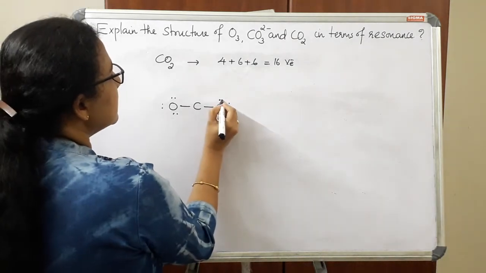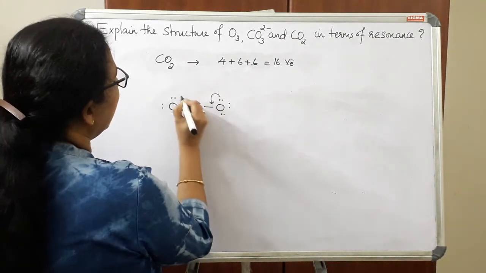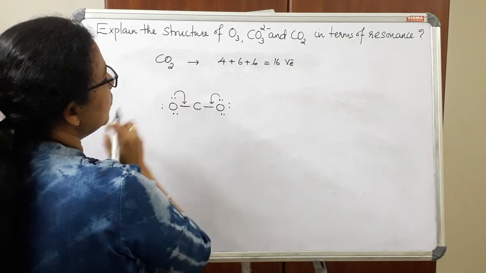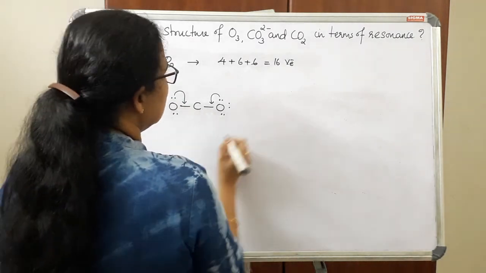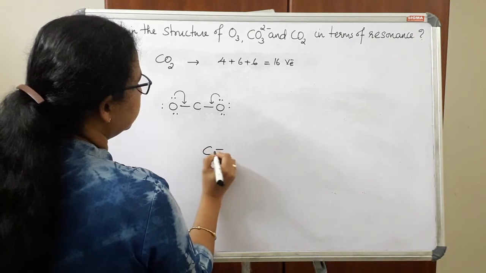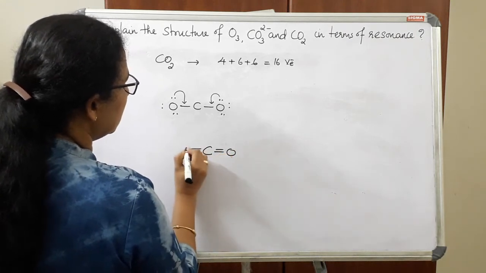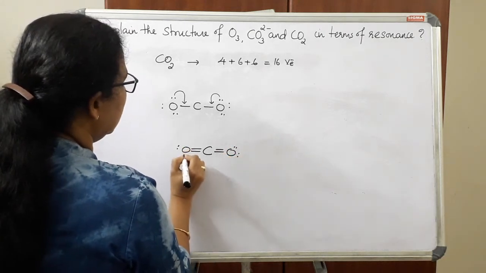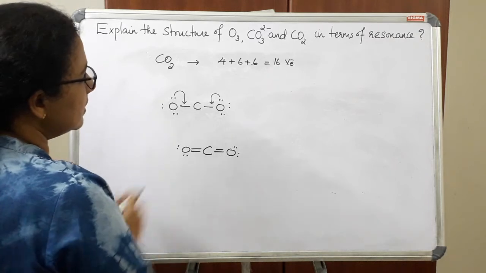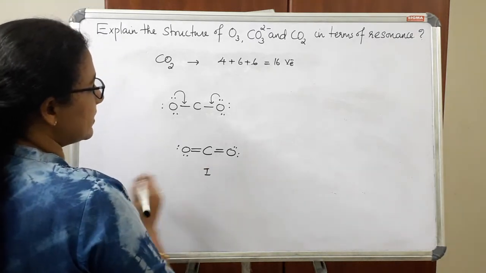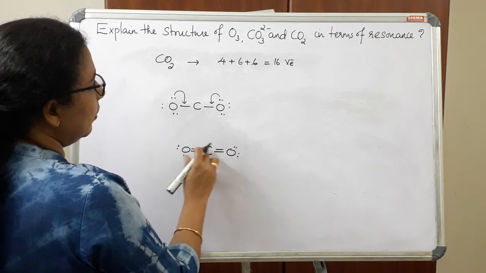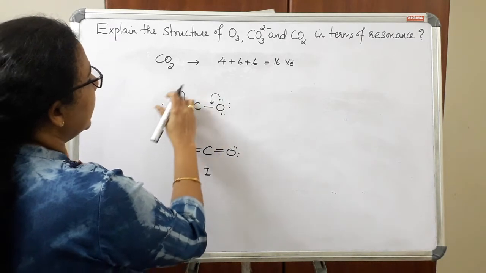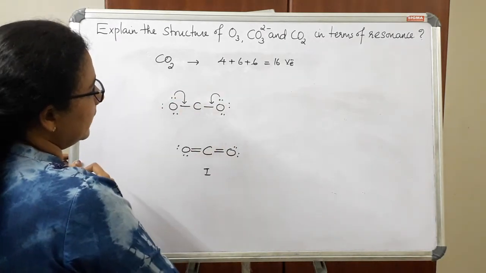If I shift these electrons towards here and these electrons towards here, so if I have shifted these 2 pairs of electrons, I will get one Lewis structure. Here there is a double bond, here also there is a double bond, and the remaining pairs of electrons are like this. So this is one Lewis structure. Here all the atoms are attaining octet configuration. So in this case I have shifted 2 pairs of electrons to make multiple bonds.